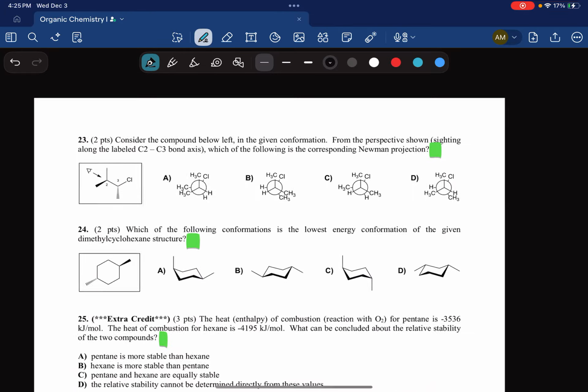Okay, Newman projections. We said when looking from the left,